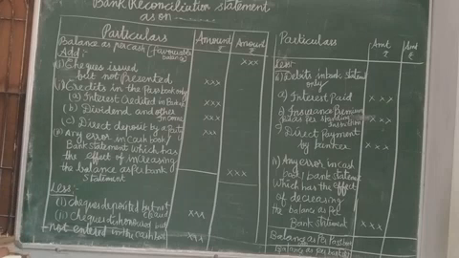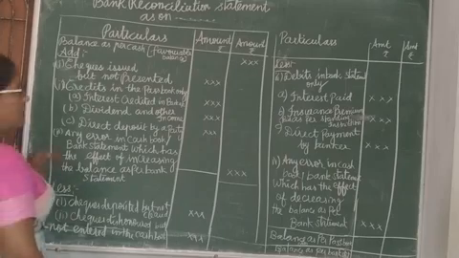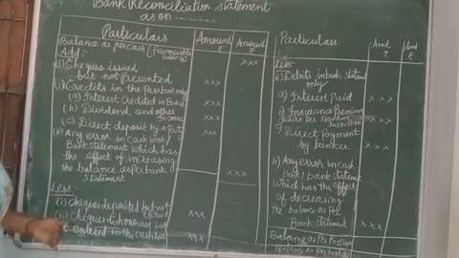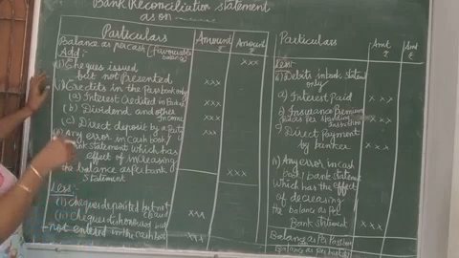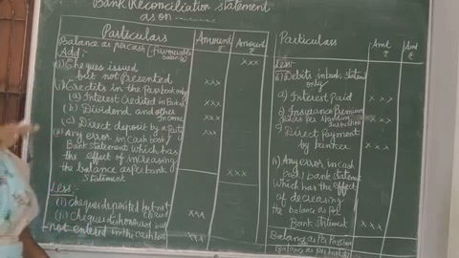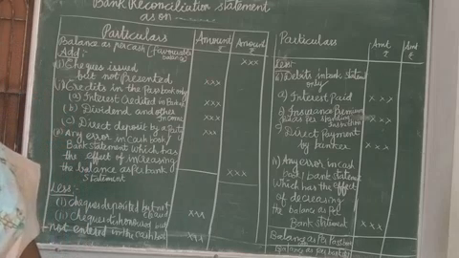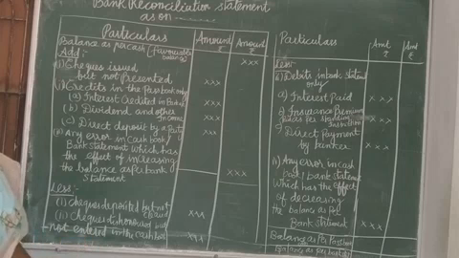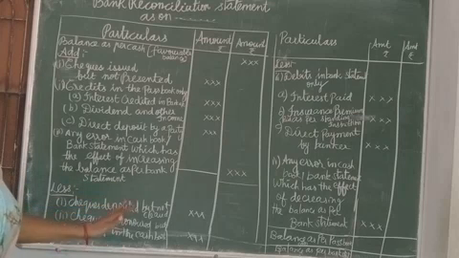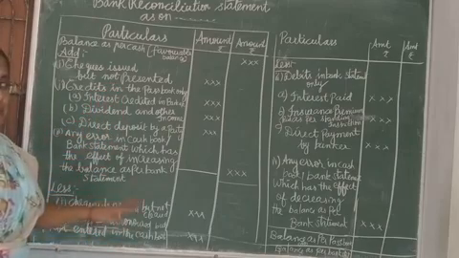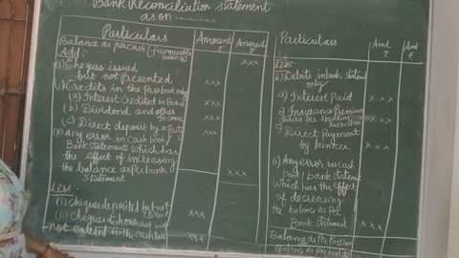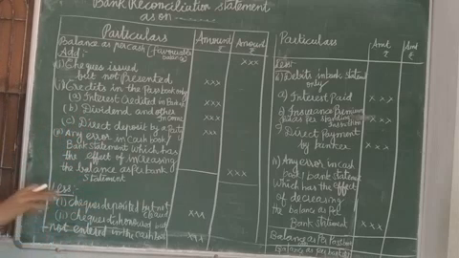In your book they have given this format. Before you start writing the sums, you have to write this format, and then you can proceed to write the sums. So I will explain this format. Already in the timing differences, I have explained what are the 4 items you want to add and the 4 items you want to reduce. Even though they have given it in your book, you can write this format. That is the procedure we are following. You have to write this format and start writing the sums.